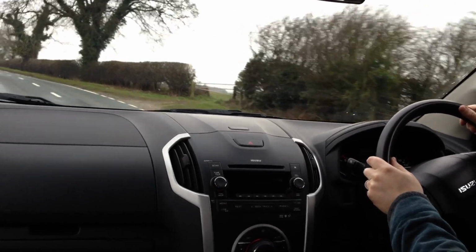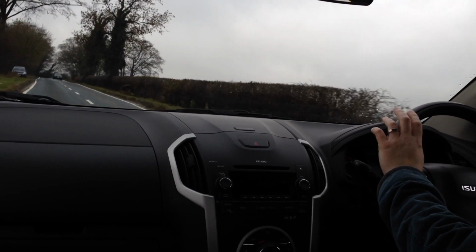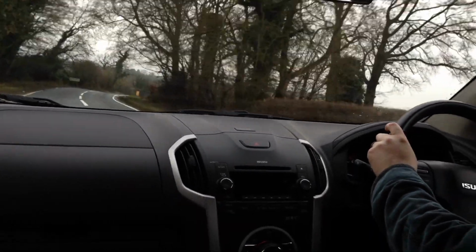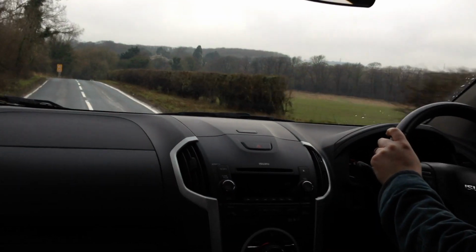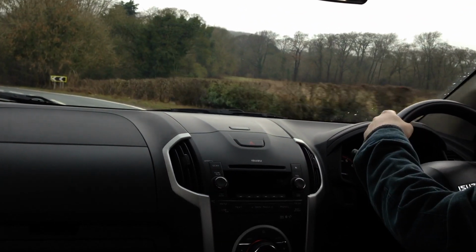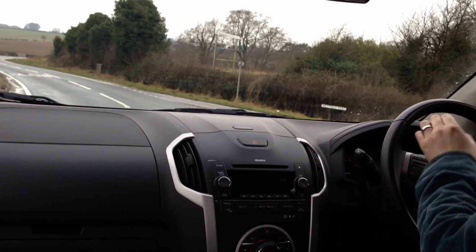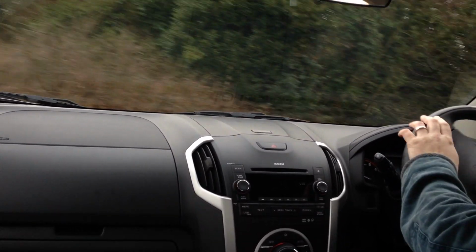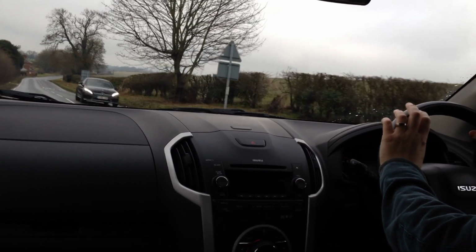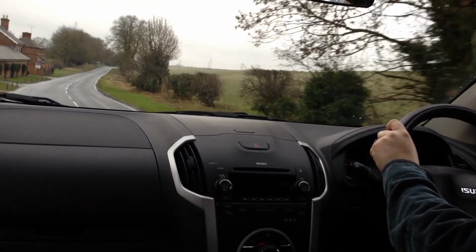The handling's still that of a big pickup truck, but it doesn't feel as skittish over the bumps as the standard D-Max, which is a good thing, because the back end tended to jump about a little bit over these sort of bumps. As you can probably tell, the suspension is still very firm. To be honest, there's only a little bit of difference in the comfort over the D-Max. A tiny bit of suspension change, but it's barely there. It's more at the front end, I feel, than the back end. The back end obviously still has to be used for towing,